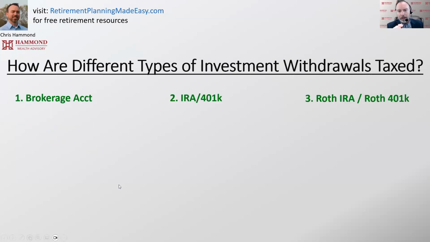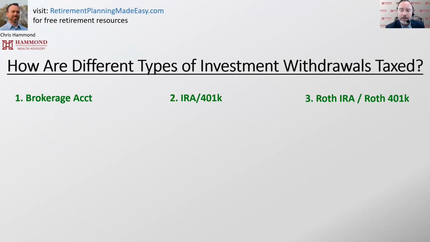Well, a good way to do this is, let's break this down into the three main ways an account is going to be classified. We have brokerage accounts. These are like non-qualified accounts. Then you have your typical IRA, 401k, whatever your employer-sponsored plan is. If you're a federal employee, it may be a TSP is what it's going to be. That's what that is. These are pre-tax.